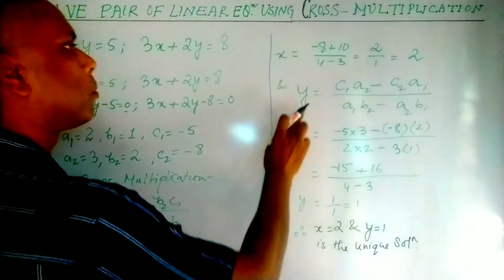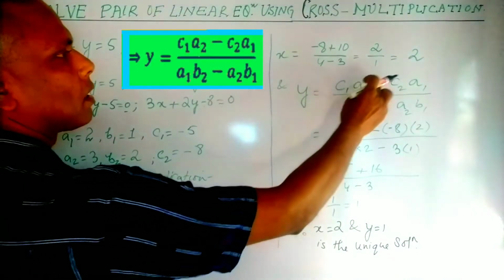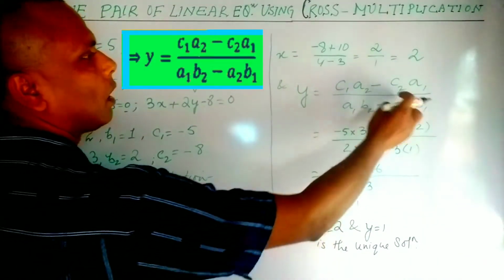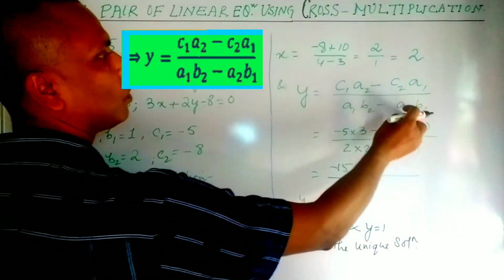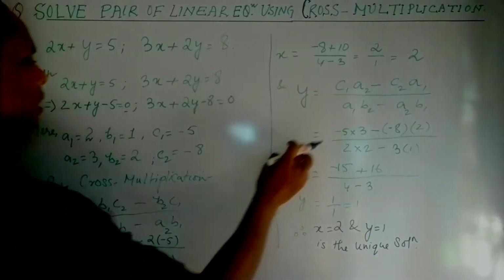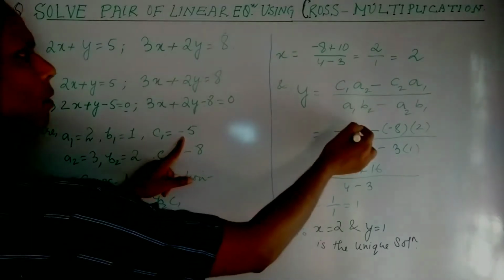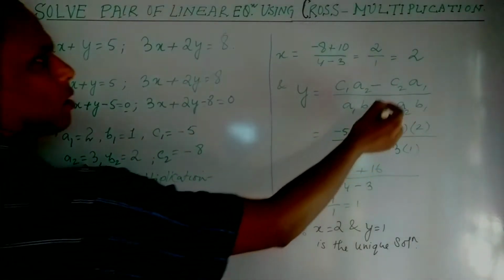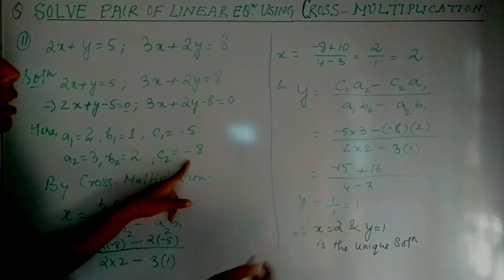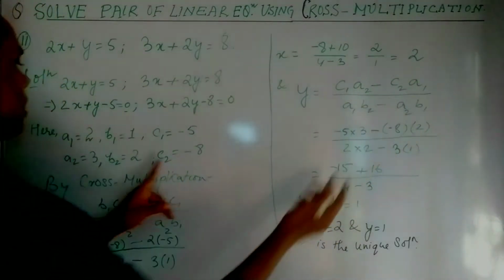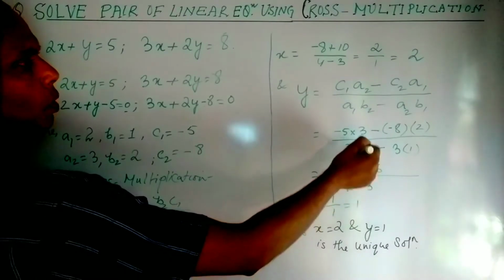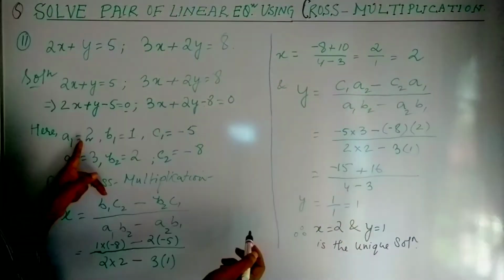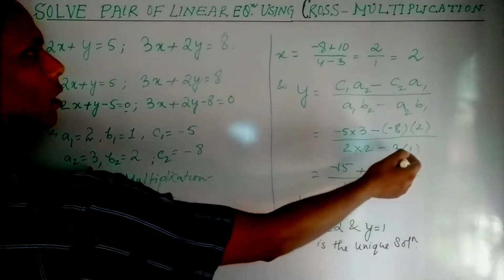Then we have the y formula. We write it c a, then we write 1 2 2 1, a b, then we write 1 2 2 1. Put the value of c1, c1 is minus 5. a2 is 3. Then c2 is minus 8, then a1 is 2, b2 is 2, and a2 is 3, then b1